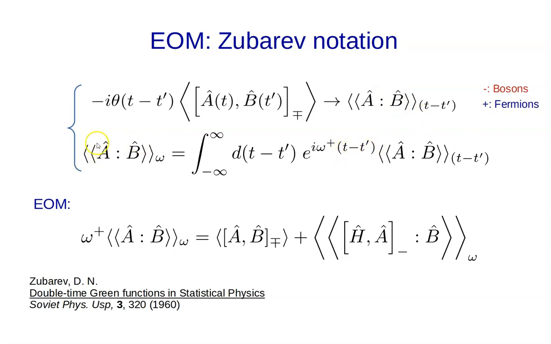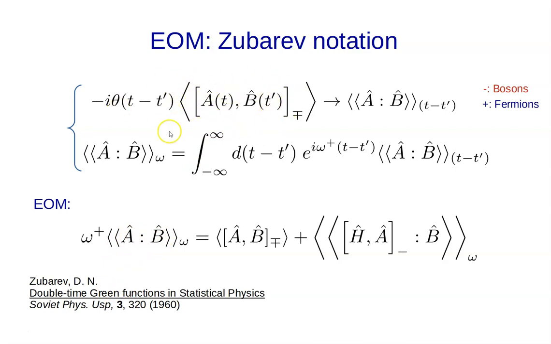And the Fourier transform is simply the Fourier transform of this whole object. And I'll put the index here, whether you are in Fourier space or in real-time space. But this is all that we are replacing, this whole structure with this notation, double angled brackets. Now, the equation of motion here becomes quite simple. It becomes omega plus the Green's function, or this doesn't have to be a Green's function, but it's just this double time